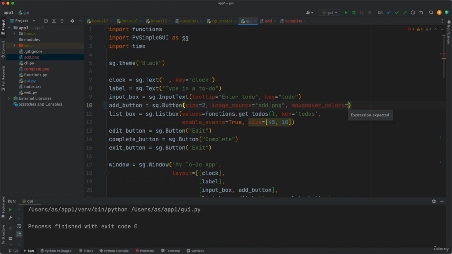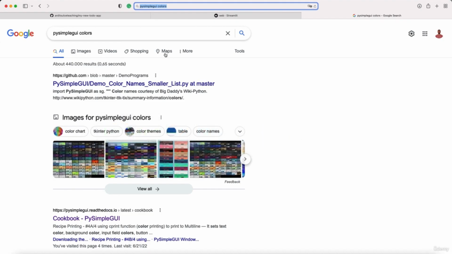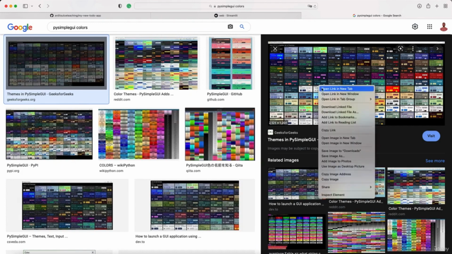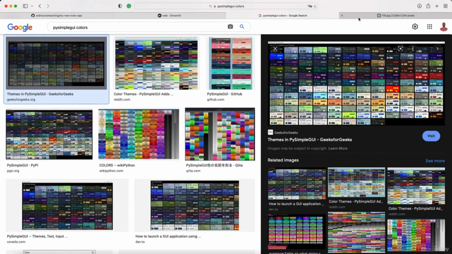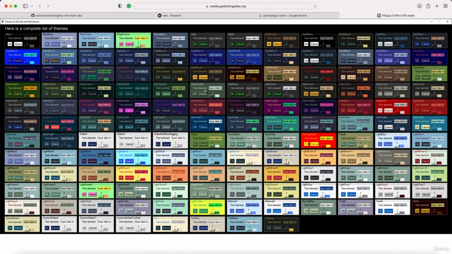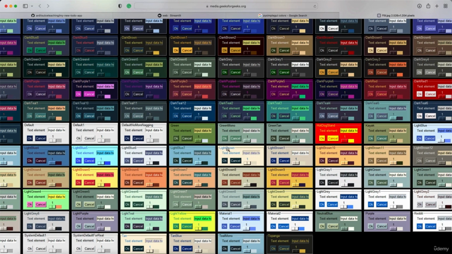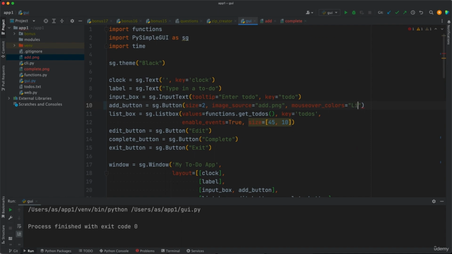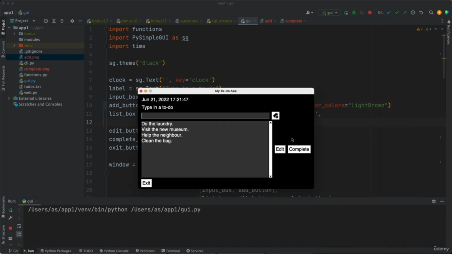As a color, you can place any of the supported colors, which you can find on Google if you search for PySimpleGUI colors, and you open these images. So they should have different colors. For example, light brown. You see here light brown. I can use it as a string, light with capital L and capital B, brown. So if I run the script now and I hover the mouse here,